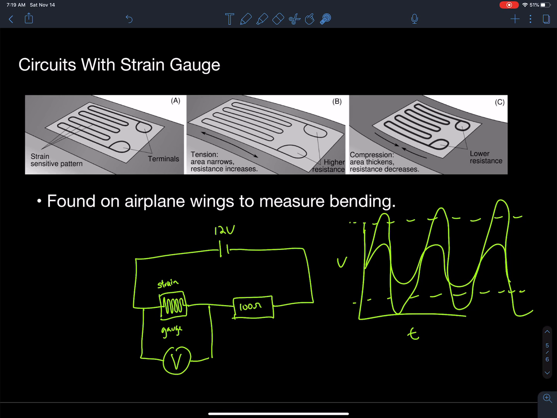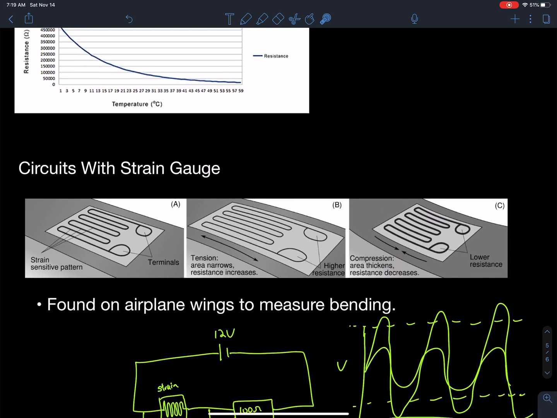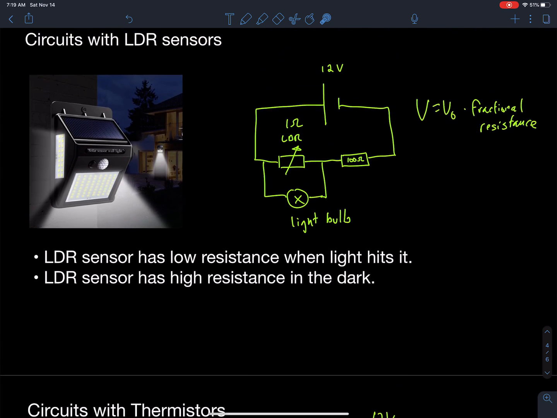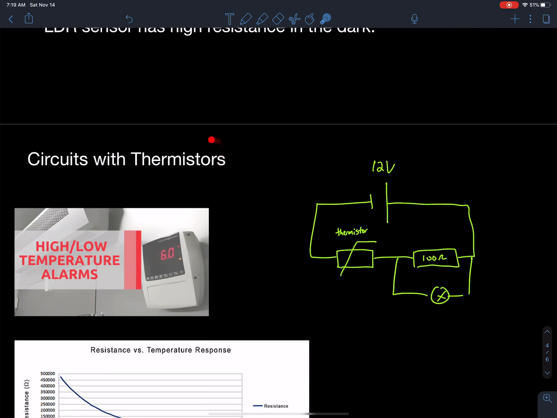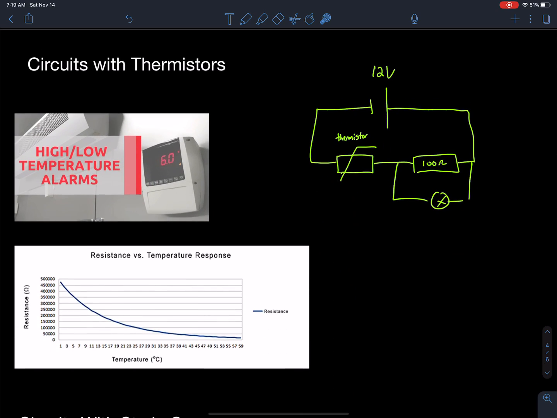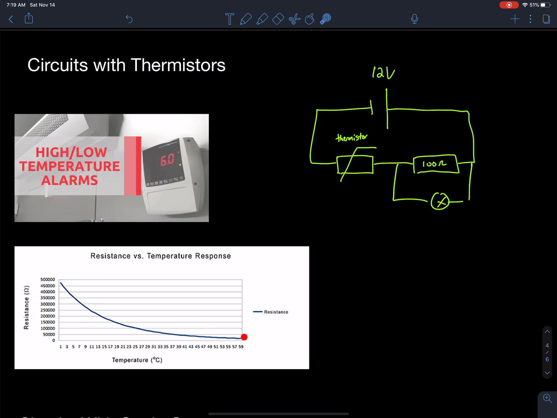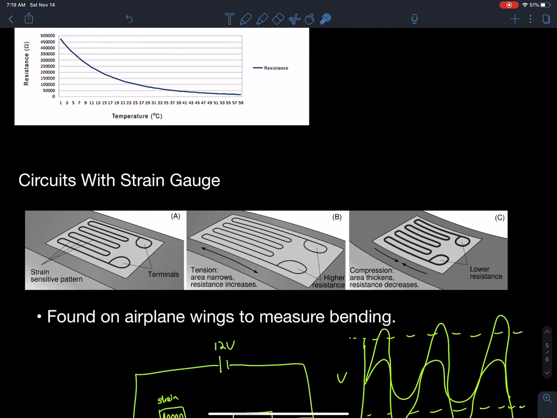Those are just three different types of circuits that use potential dividing circuits. Components that use potential dividing circuits to turn them into smart circuits. So the LDR, the light sensing circuit, the thermistor circuit, which senses temperature, and you need to remember that the resistance goes down as temperature goes up, and the strain gauge,